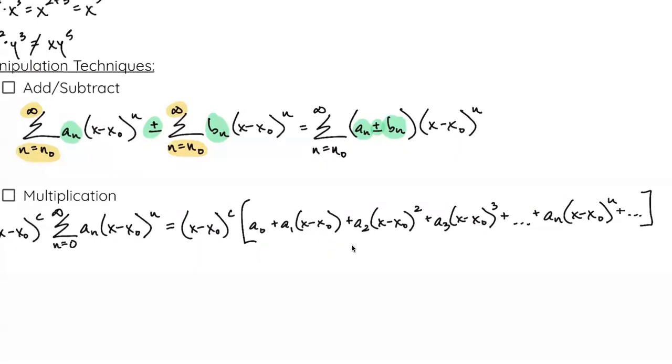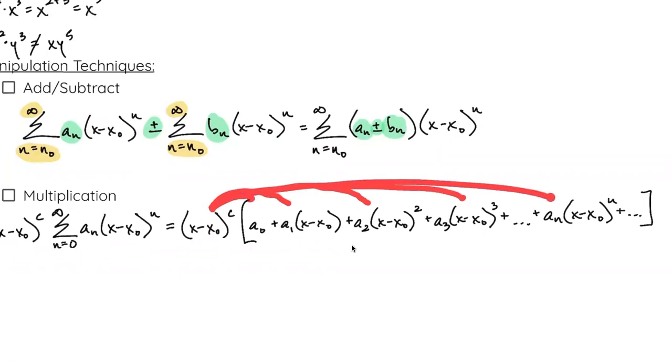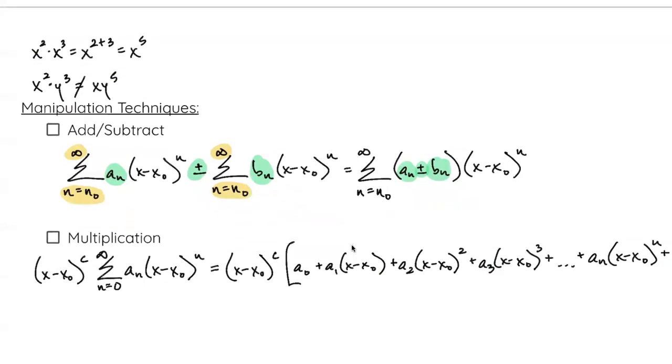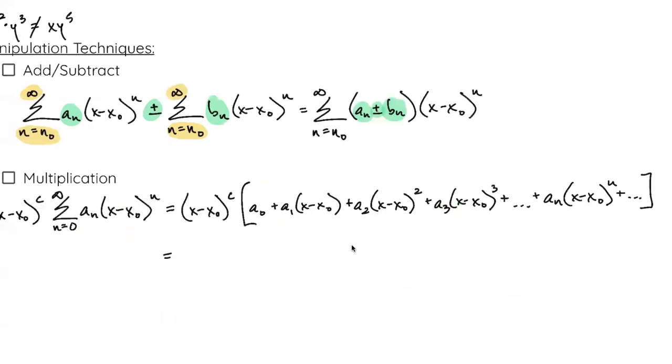Now, how does that help us? Well, we're going to be really thoughtful about this. And just like when we've seen parentheses or brackets in the past, we're going to go ahead and distribute this to all these terms. Okay, so that x minus x sub 0 to the c power, we're multiplying that in. We're going to distribute that to each of the terms. And then I bet we're going to be able to use some of these exponent properties to help us pack it back up, right? So lots of writing, but we have a sub 0 x minus x naught to the c